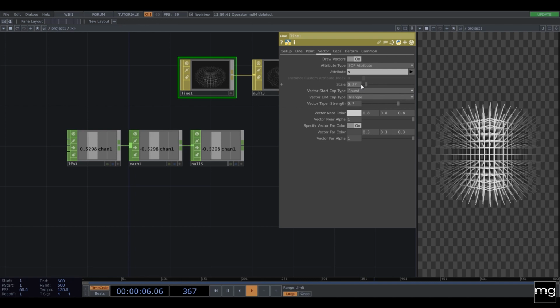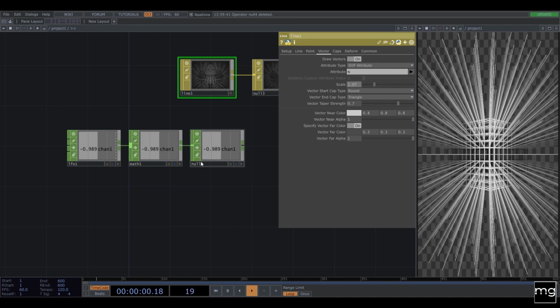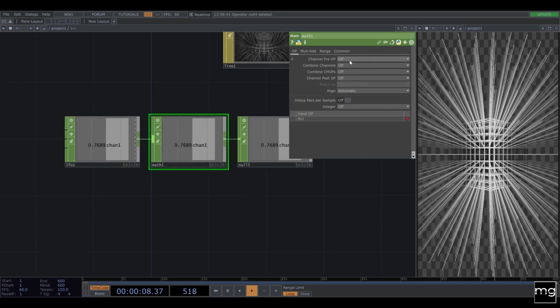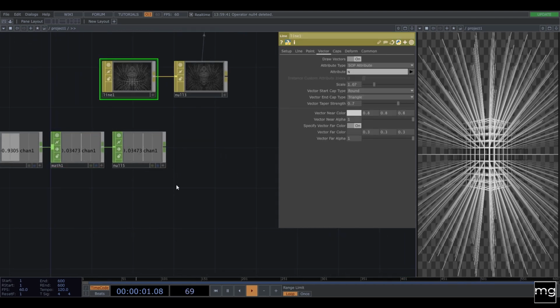And because I want to scale from 0 to 1, for example, I need to change the range of the LFO. So now it's going from negative to positive. So on the range, I'm going to say from -1 to +1, and the range is 0 to 1, which is the range that I'm going to work in the scale of the vectors.